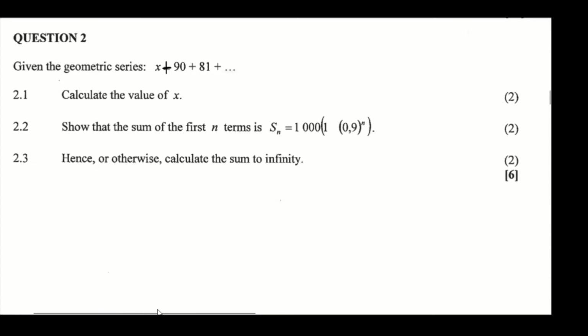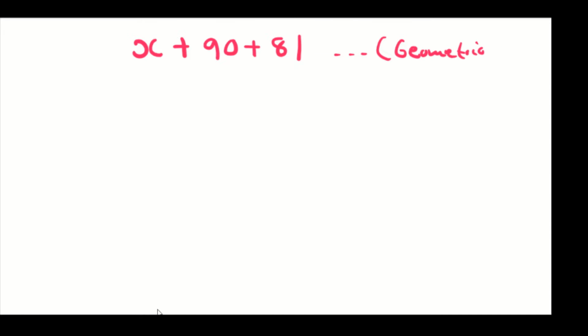Do question 2. Given this geometric series of x plus 90 plus 81 plus up to infinity, 2.1 says that we must calculate the value of x of this geometric series. So knowing very well that we have a sequence of x plus 90 plus 81, and we know that this is a geometric series,